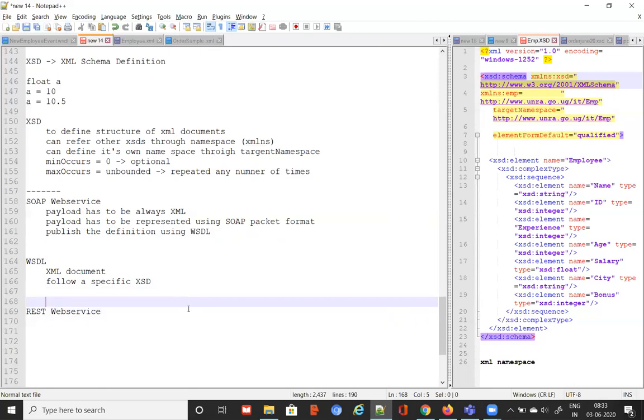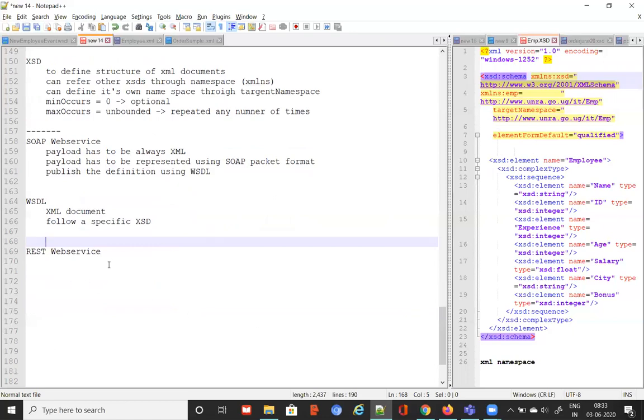Does anybody have an idea why people came up with RESTful web services? We already had SOAP web services. You have heard about REST web services, RESTful APIs. We also call RESTful web services, REST APIs, all are one and the same. Does anybody know why we have two ways of defining web services?